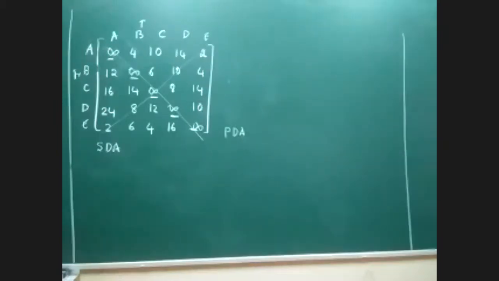To block the impossible route, we use a special notation. All the infinities which lie on the principal diagonal axis clearly say that it's a restricted route. You are not supposed to allow your salesman to follow or take up that particular route. We are saying that this is not feasible or not possible. Mathematically we establish it by using a notation called infinity. You need not use infinity only; you can use any other symbols also. A few examiners use just a dash everywhere, that's all.